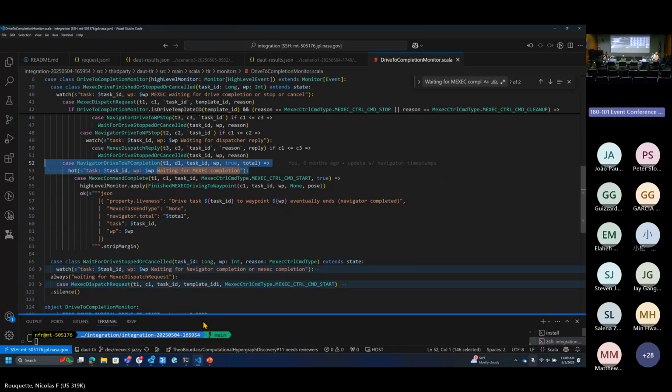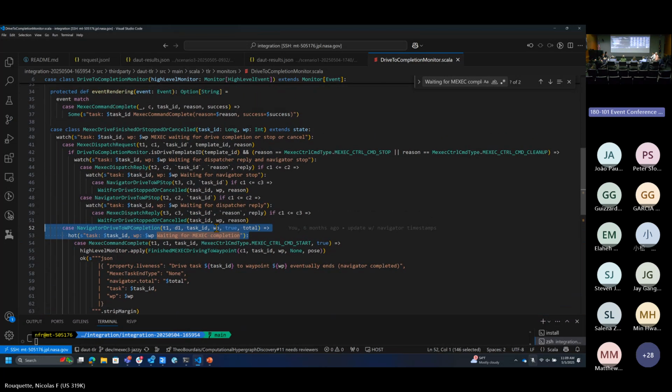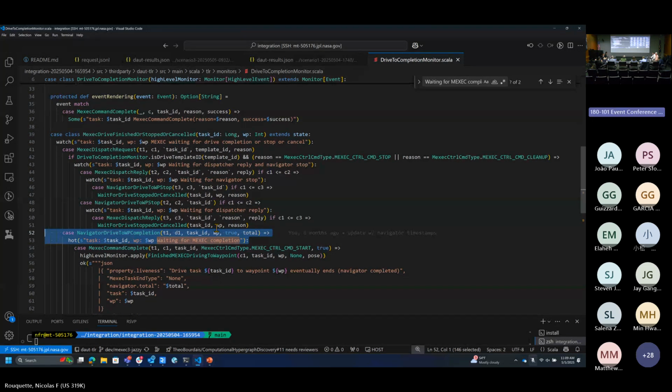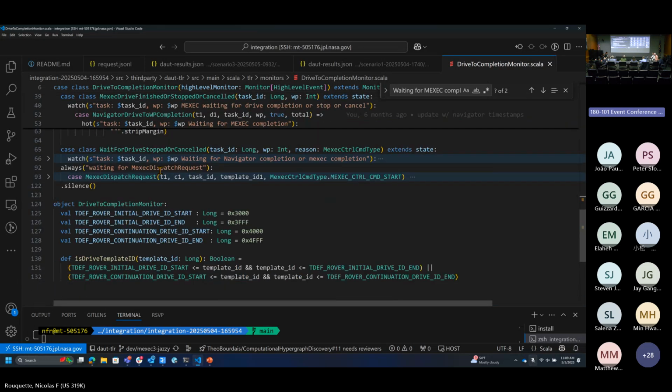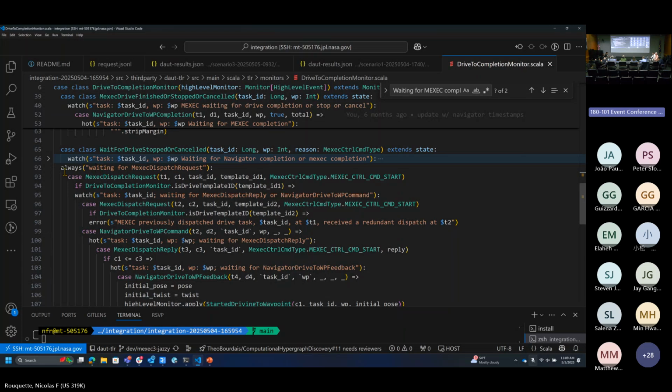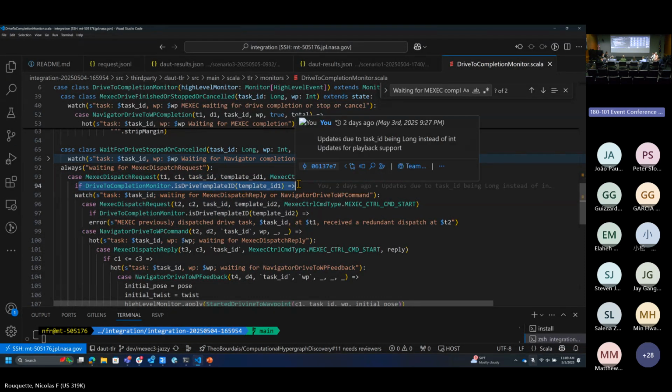So this is written in Scala, one of my favorite languages. And so here you see, let me start here. The way we do driving is that it's always basically a for-all operator in temporal logic. In this case it says, if we see an event called a dispatch request at some clock time for a task and a template, where the template says this is some kind of a drive, because we have different kinds of drive